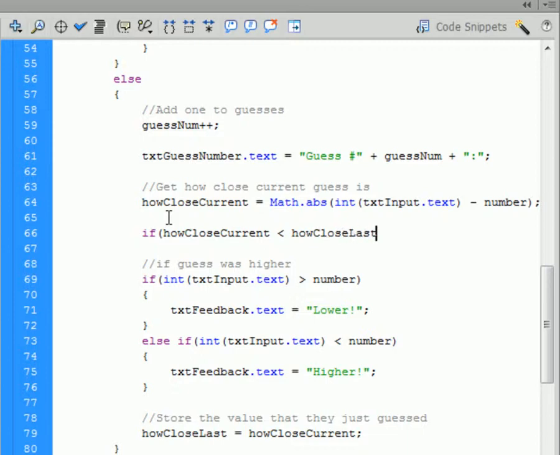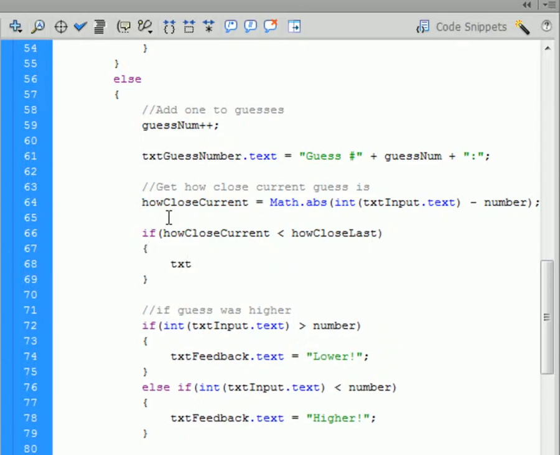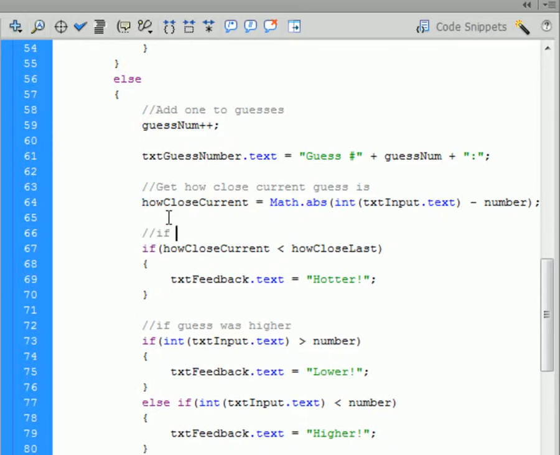Because that means their guess, the distance was smaller, which makes it closer. We want to say txt feedback dot text equals, what do we want to say if they're closer? We want to say hotter, right? Let's put a comment here. So if guess was closer,